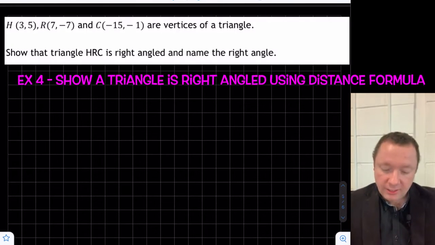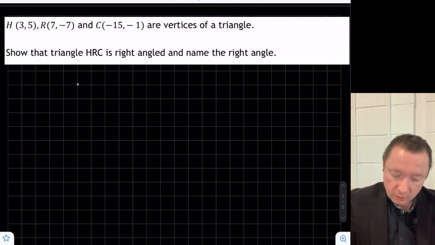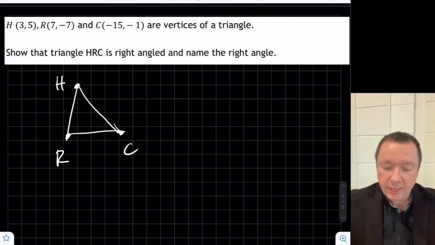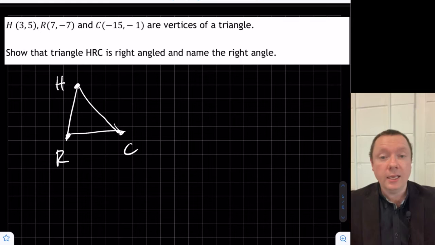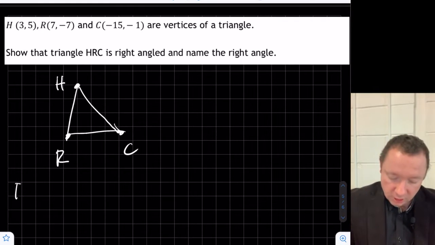H, R, and C are vertices of a triangle. Show that it is right angled and name the right angle. So again, I'm going to draw a non-accurate sketch, but we've got H, R, and say C. We want to show that one of these angles is right angled. So let's get started with our distances. So the distance from H to R,